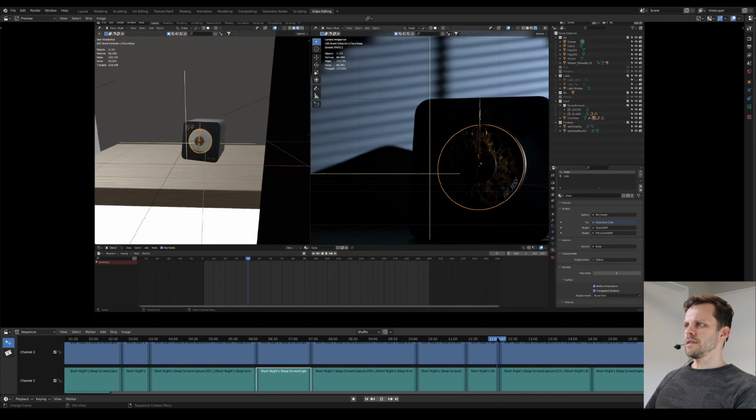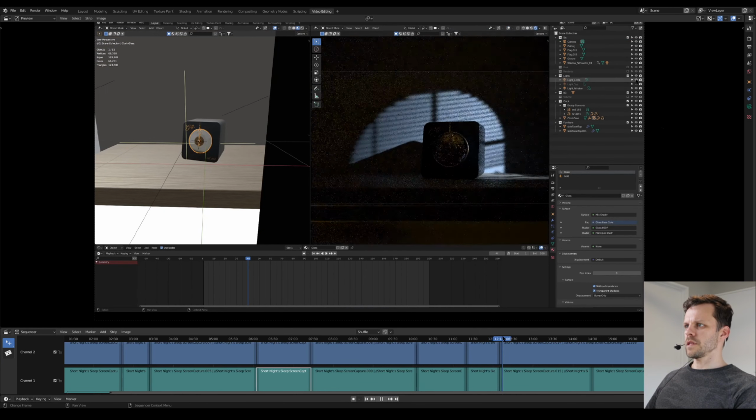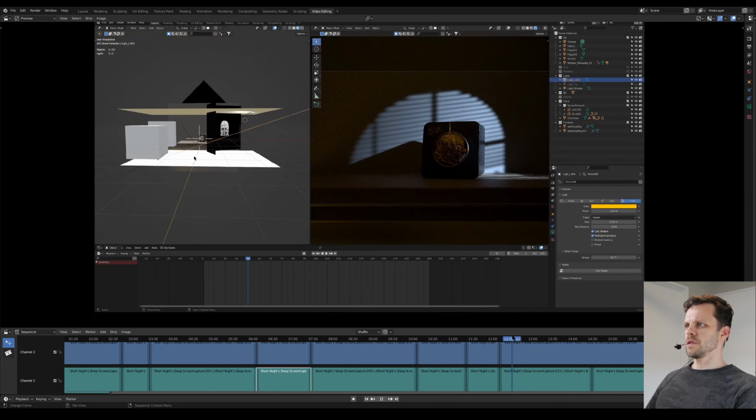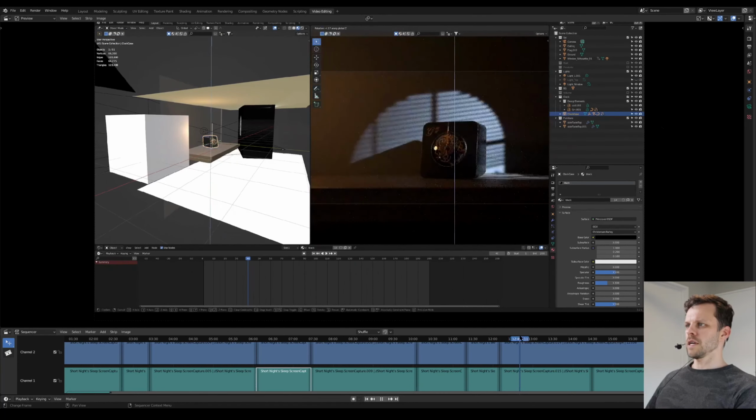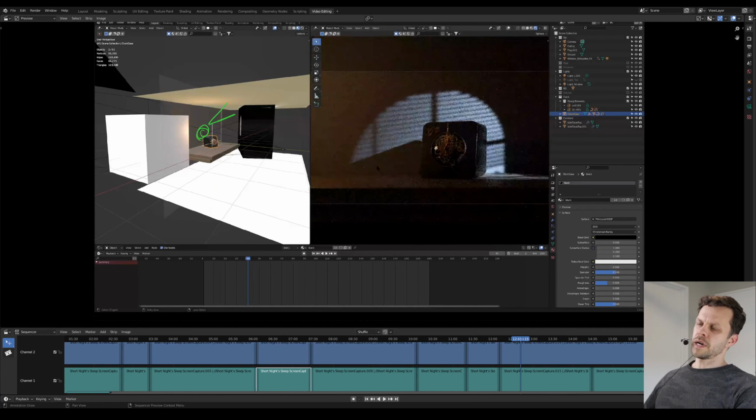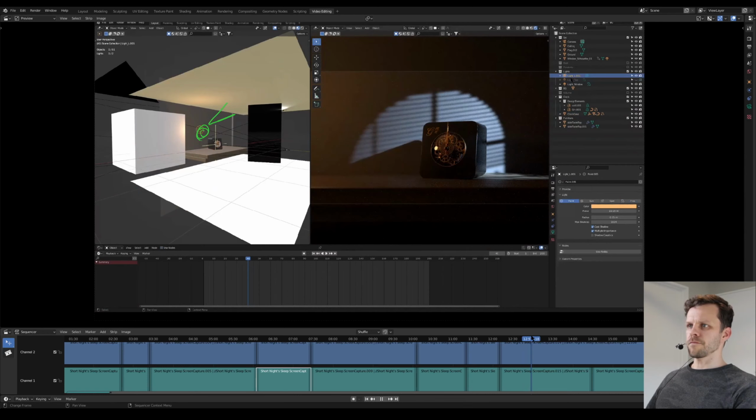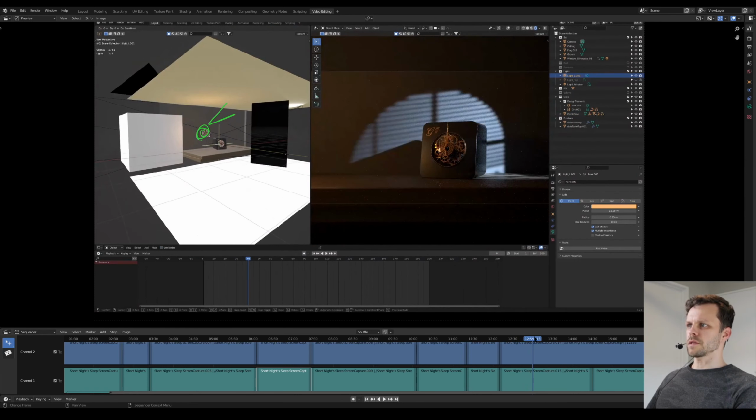So with that in place, let's just focus a little bit on the warm lights that come in now. I played a little bit with the point light that you see over here, but it just didn't quite look right. Like, let me quickly scroll forward a bit so that